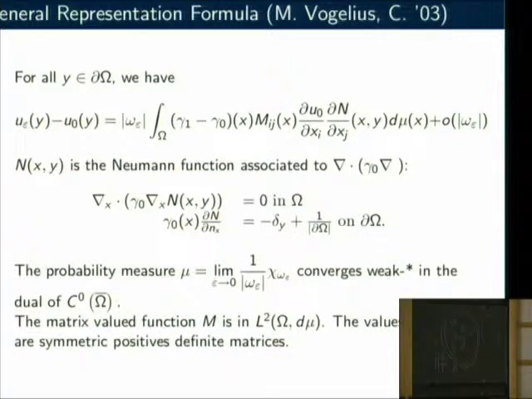So first thing it tells you is that a bigger inclusion with a smaller contrast, or a smaller inclusion with a bigger contrast, has the same effect. At first order, the product of the difference of contrast and volume is the same. So if you want to find the volume, you have to make an assumption on the contrast, or vice versa. But if you want to find the orientation of things,